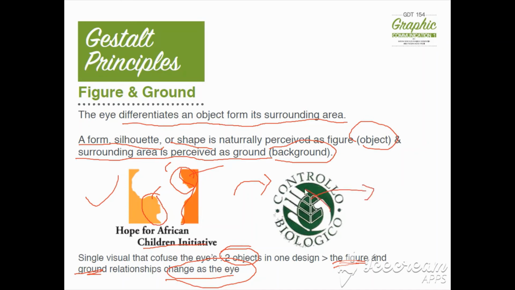Okay, yang ini adalah tangan. So this one is a controller biologico. Ini memang international punya example lah. Okay, senang cerita, for figure and ground, they do have the figure and they do have the ground. Okay,